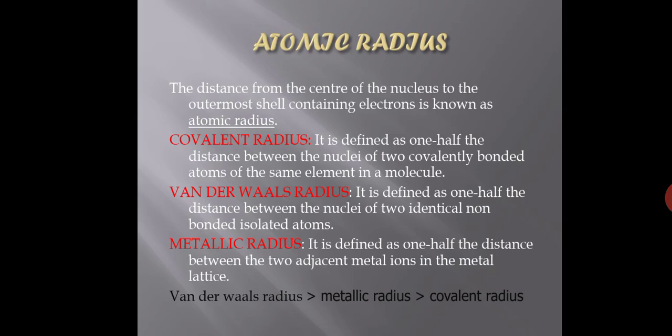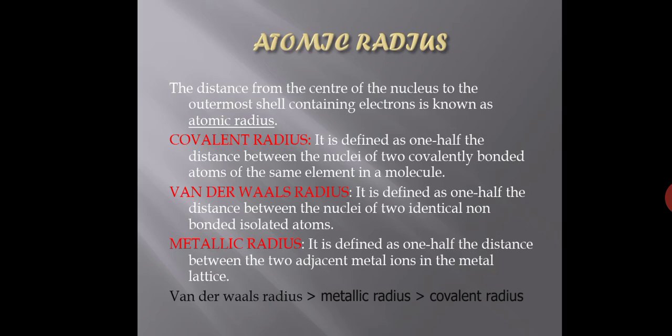The next point is that we don't have a sharp boundary up to which we can calculate and say this is the atomic radius. So whatever value you are seeing is nothing but the probabilistic picture. Is it wrong? No, it is not wrong, because the entire atomic structure is based upon a probabilistic picture, and this picture is not taken from one experiment. Several experiments have been done, and this conclusion has been arrived at accordingly. Then the average value is taken and the radius is calculated, and we draw a graph for it accordingly. Got it?